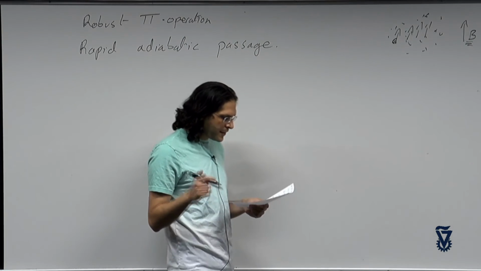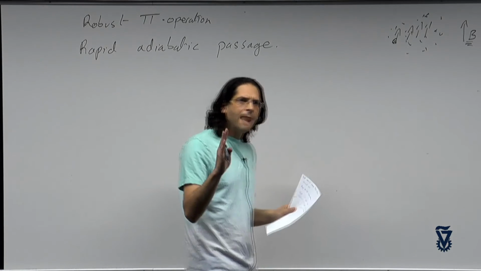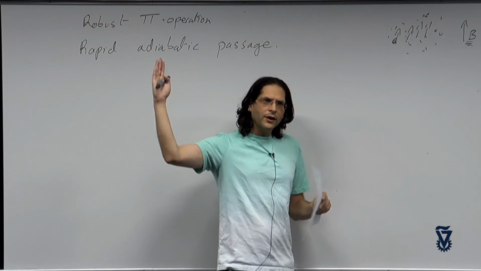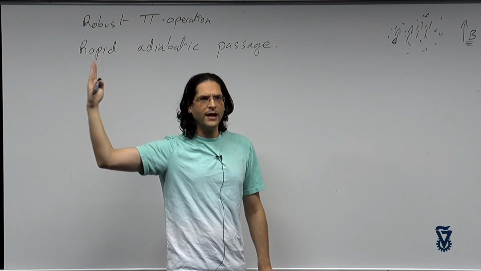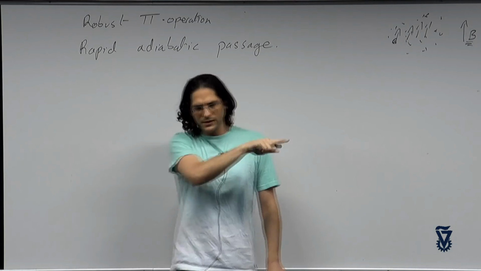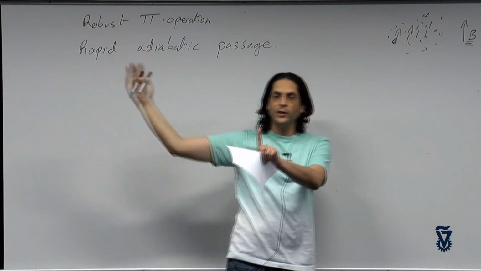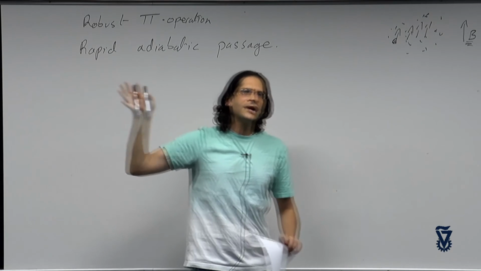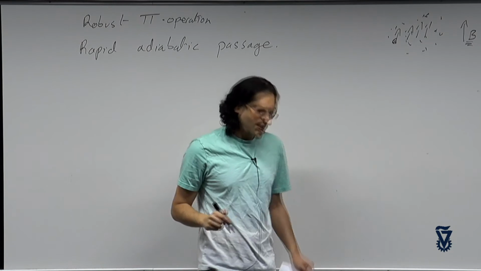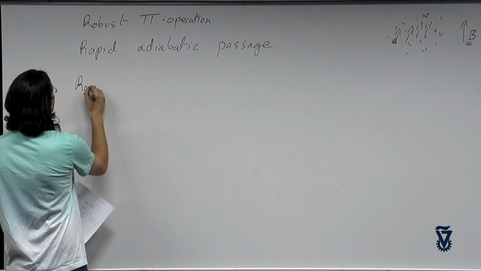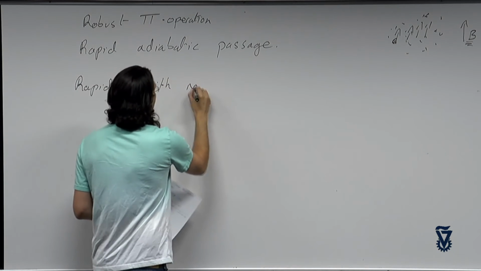Okay? So think about the situation that I just described. What's going to happen is we're going to start our drive highly off-resonant. So we have a drive highly off-resonant, AC field, and this is the frequency axis. Then we're going to scan right through resonance, or right through where we think is resonance, from highly detuned on one side all the way to highly detuned on the other side. Okay? And the scanning is going to be rapid with respect